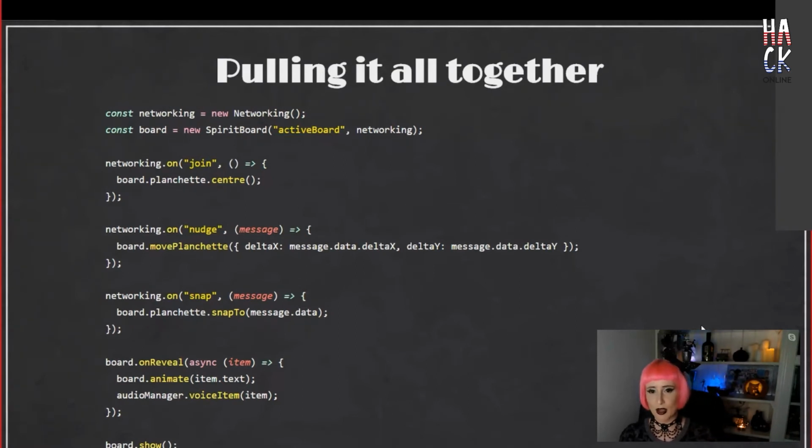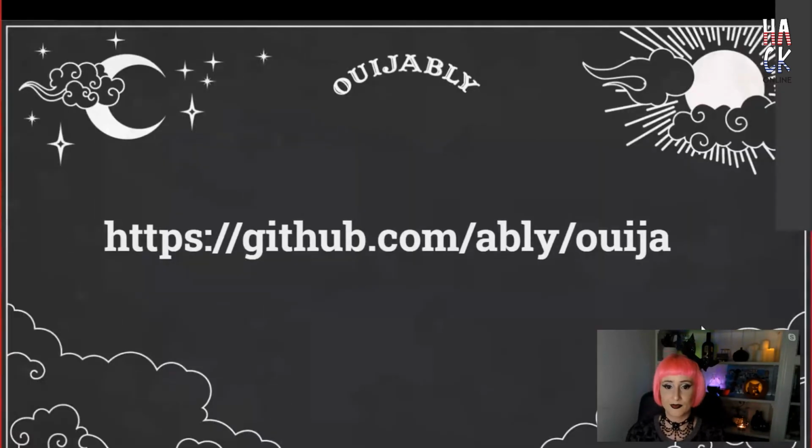We haven't spoken about the hosting, and the thing that I'm using is Azure Static Web Apps. And there's also a bunch of maths that makes the board responsive. But nobody wants me to just read out my JavaScript. There's literally a README on the repo for that, which you can see if you visit this URL here. And it's all open source, so if you would like to build your own Spirit board project, you can do so. I will share out the slides afterwards so you can all get those links.